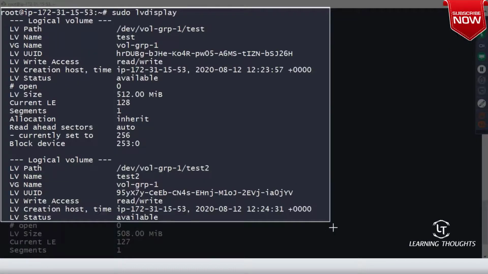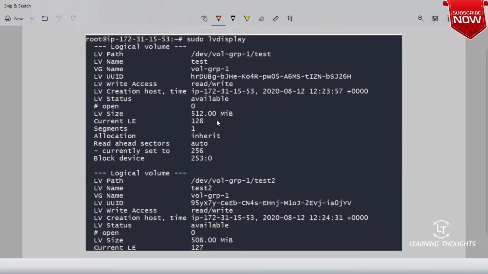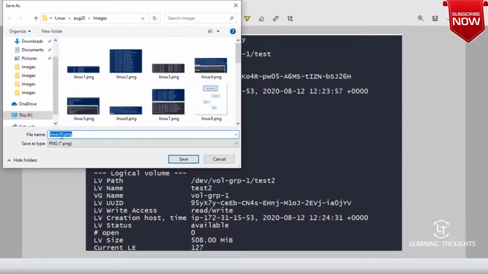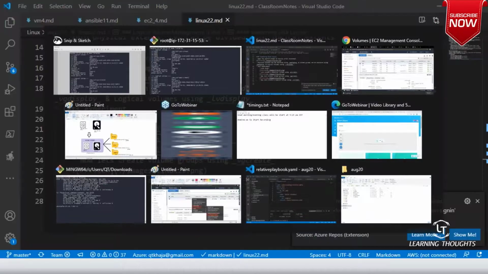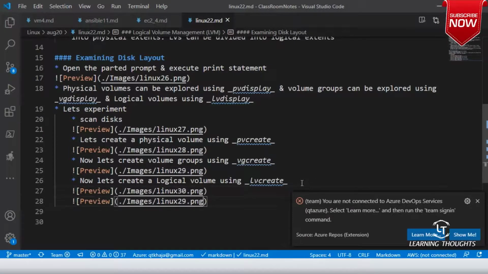It is trying to tell that you will have two logical volumes. And if you want to increase the size of logical volumes, you can always use the lvextend command. 29, 30, and 31. Now, after this, the story is all yours.